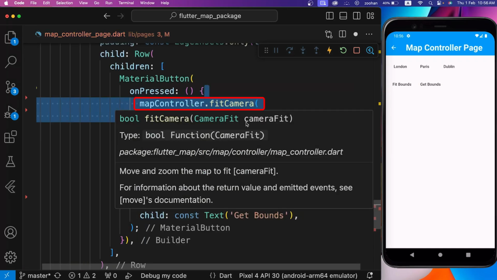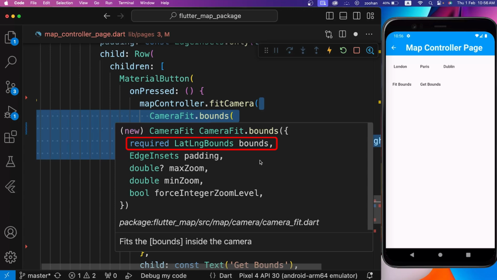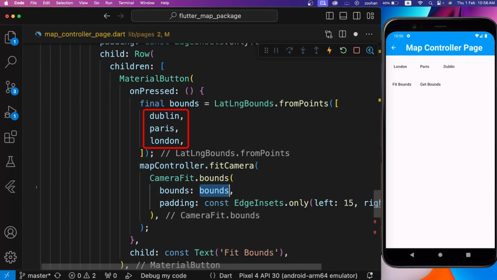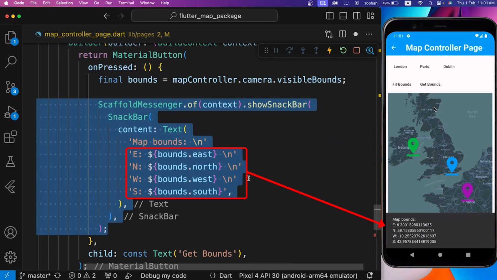For the fit bounds, mapController.fitCamera accepts a camera fit and we are using CameraFit.bounds. The bounds parameter for CameraFit.bounds is required and we are giving points from Dublin, Paris and London. For the second button, we are getting bounds by calling camera.visibleBounds on the map controller and then showing east, west, north and south from the bounds in a snack bar.